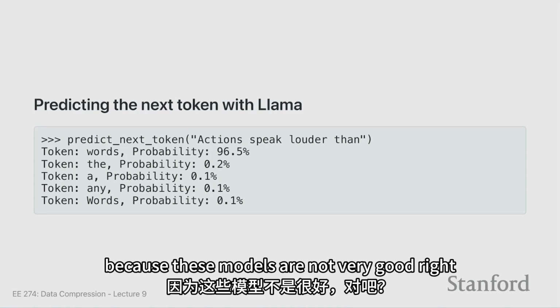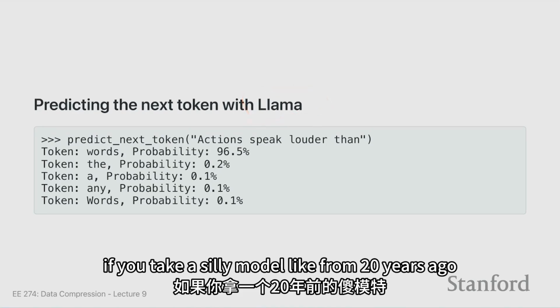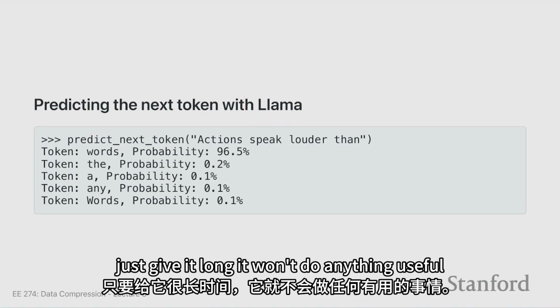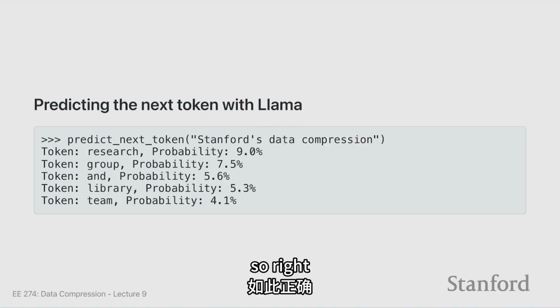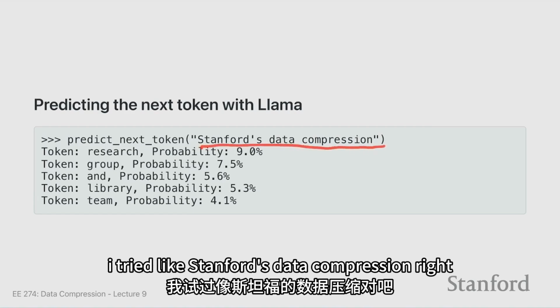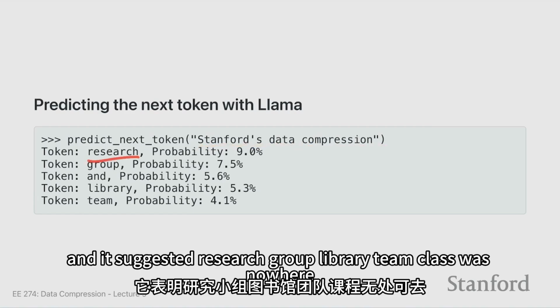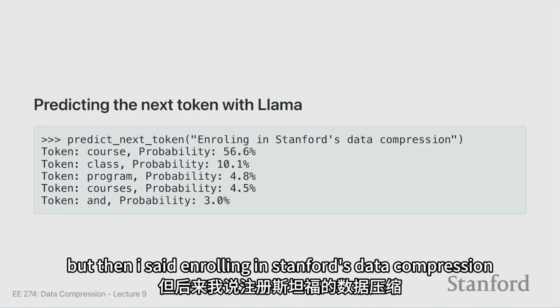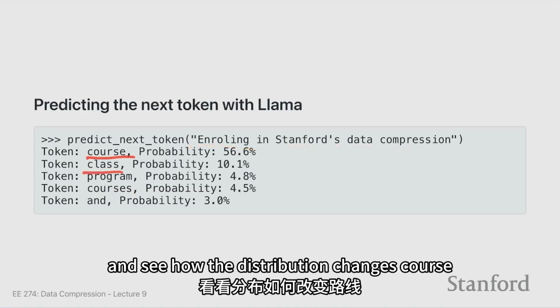Obviously we can do this because these models are now very good, right? If you take a silly model from 20 years ago, just give it a long context, it won't do anything useful. Then I tried another simple example. I tried "Stanford's data compression," and it suggested research, group, library, team. Class was nowhere there, course, class, right? Very sad. But then I said "enrolling in Stanford's data compression" and see how the distribution changes: course, class, program,